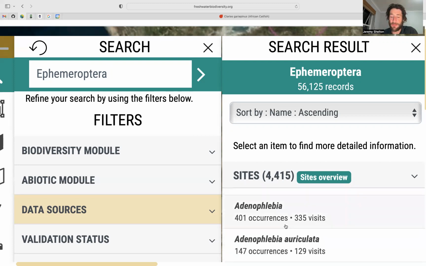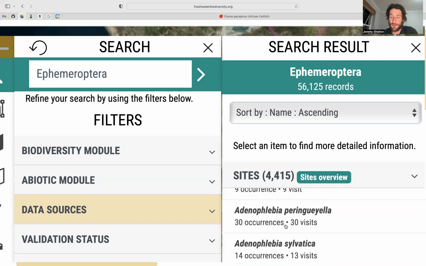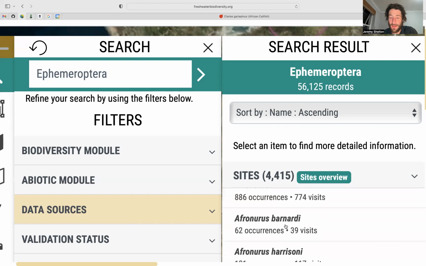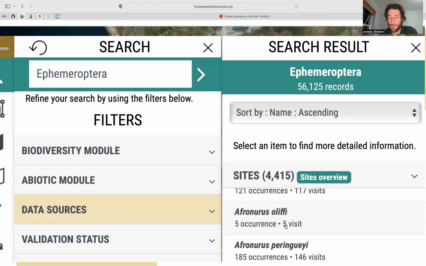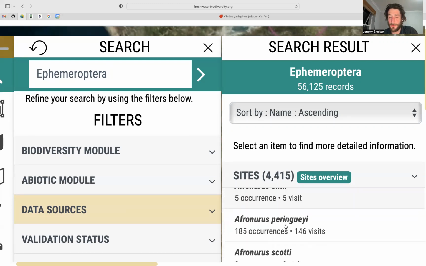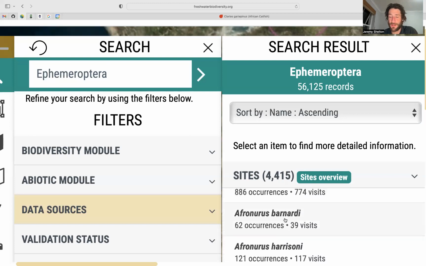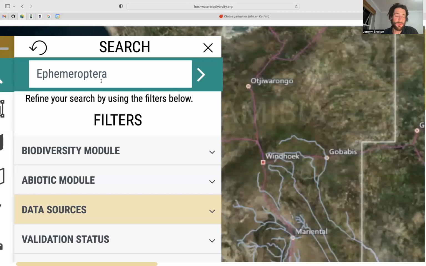And as you scroll down through here, you'll see that some of the data are at family level as well, which is quite common for SAS data. And there will also be some order level data as well. And once again, you could click on any of these to go into the overview and detailed dashboards for those particular taxa. So closing that search,